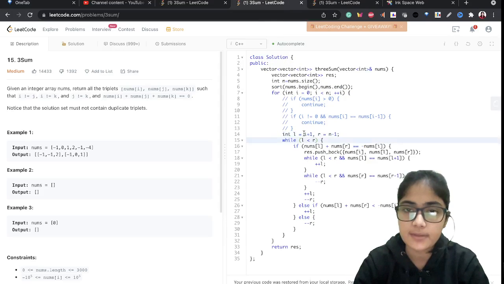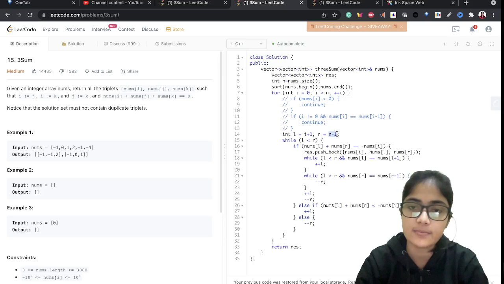My first pointer will be i plus 1, and my second pointer will be the last number. Initially I initialize my second pointer with n minus 1, and my first pointer will be i plus 1. Why am I taking i plus 1? Because I don't want repetition.